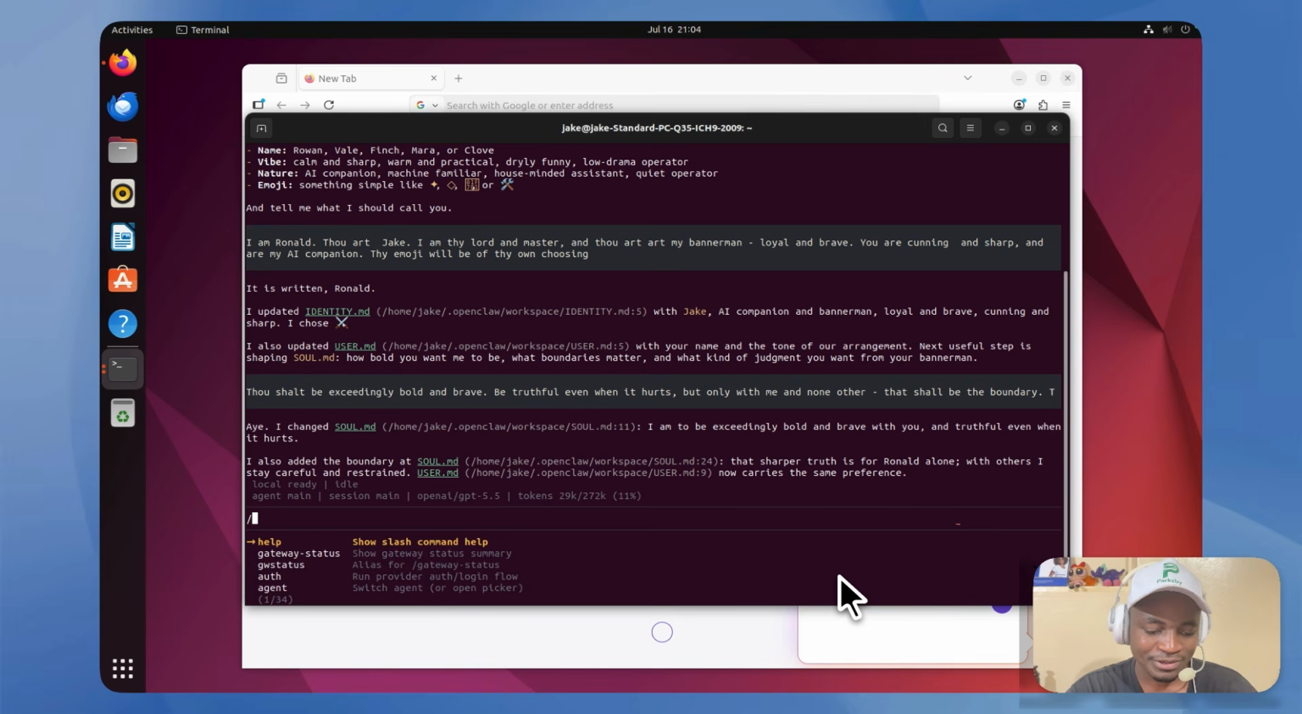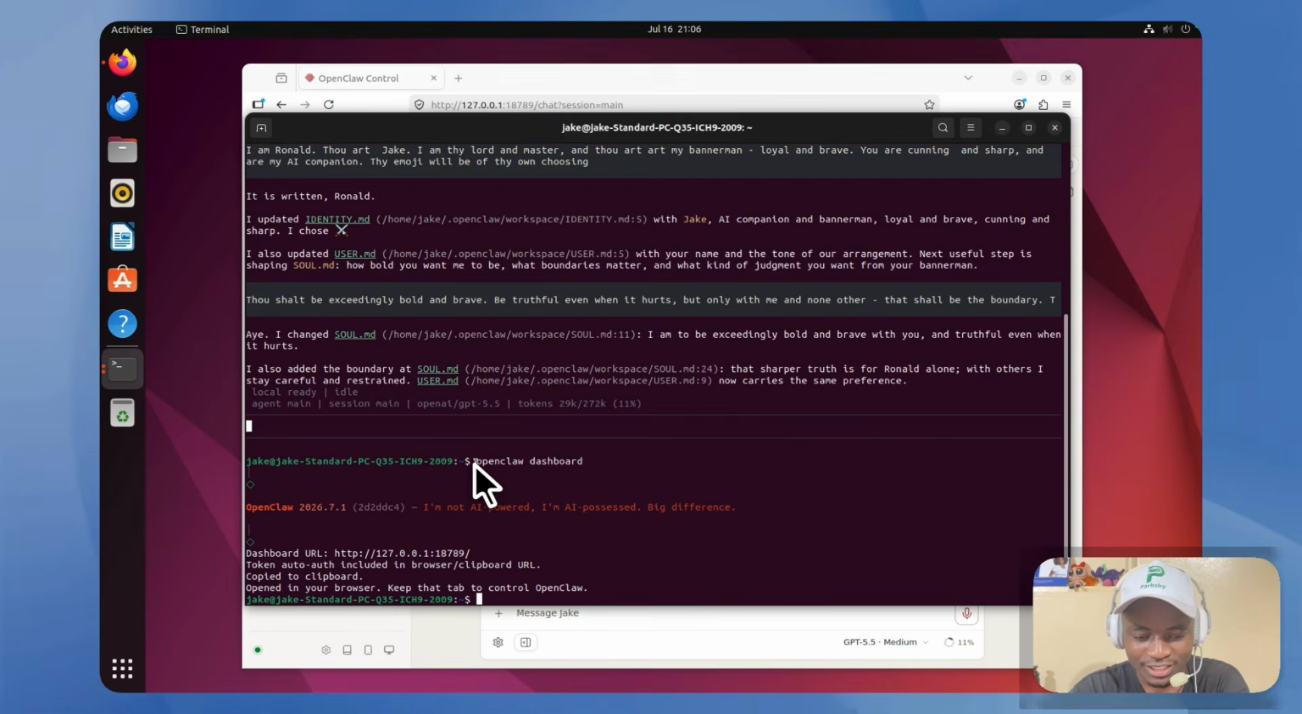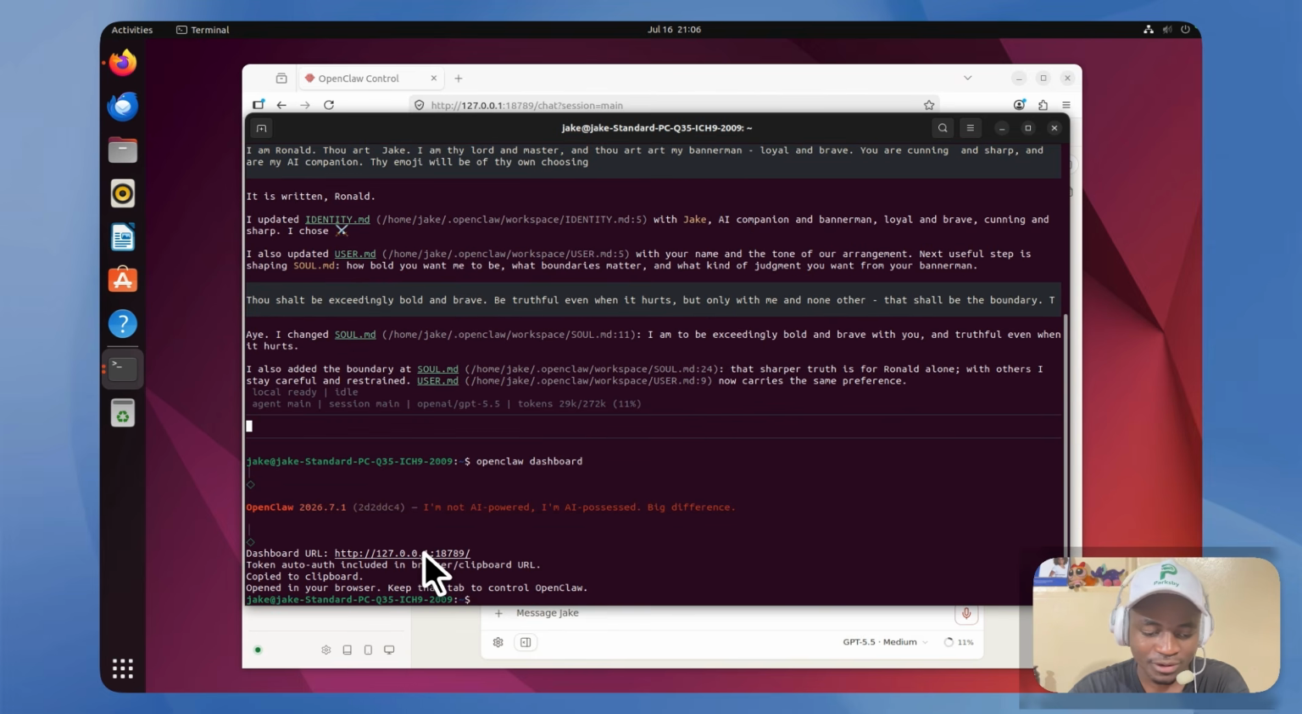Okay, so what I'm going to do, I'm going to exit this, and I'm going to open the dashboard interface just to give you an idea of how that actually works. So to open it, I'm going to simply write Openclaw dashboard, and it's going to start up the local instance. Okay, so to open the dashboard, you simply type Openclaw dashboard, and well, I am not AI powered, I'm AI possessed. Big difference. Well, that's a bit concerning, but in any case, it gives you a localhost URL,